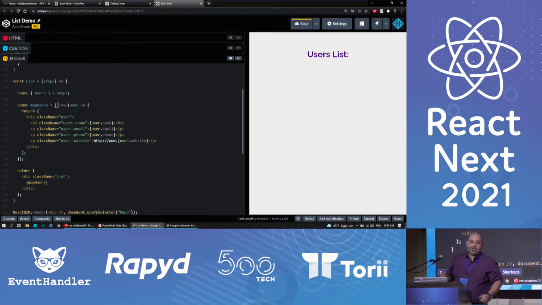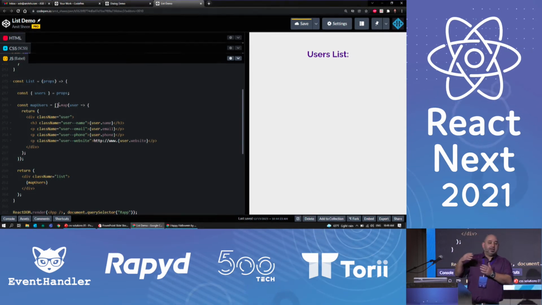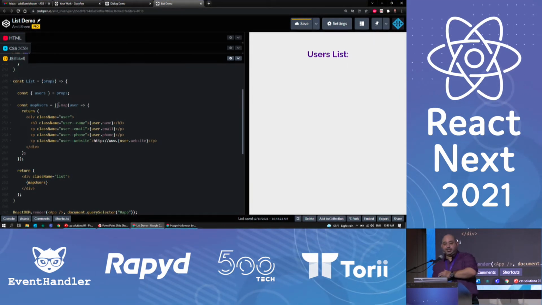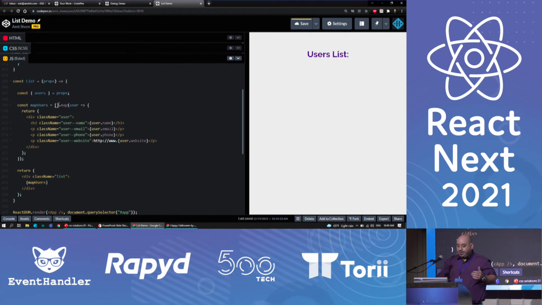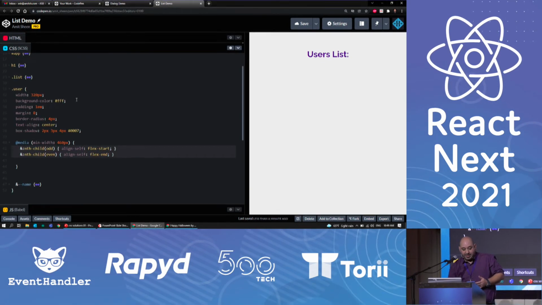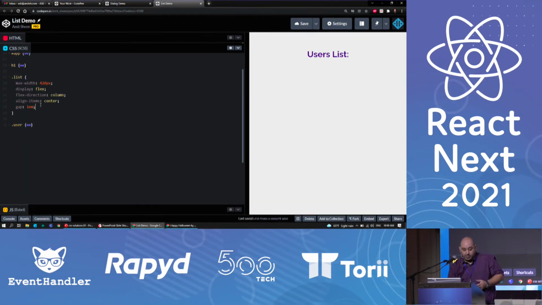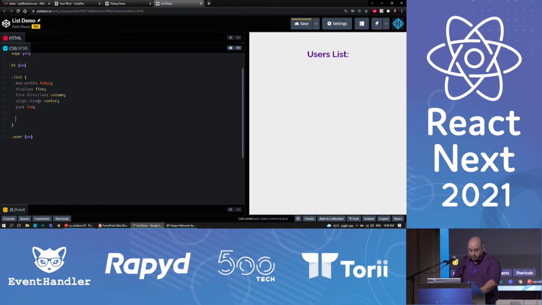So normally, you're going to do an if the length is bigger than 0, render this, and if not, render that. You don't have to. Again, just go to CSS. And right here in the list, we're going to do something that we've seen before. We're going to use the